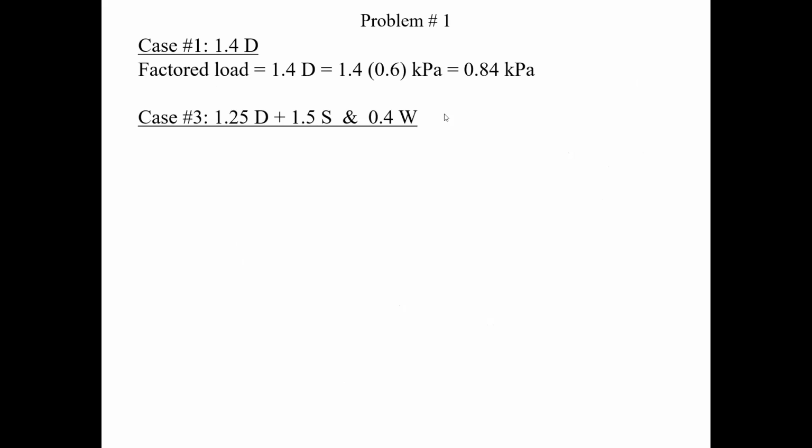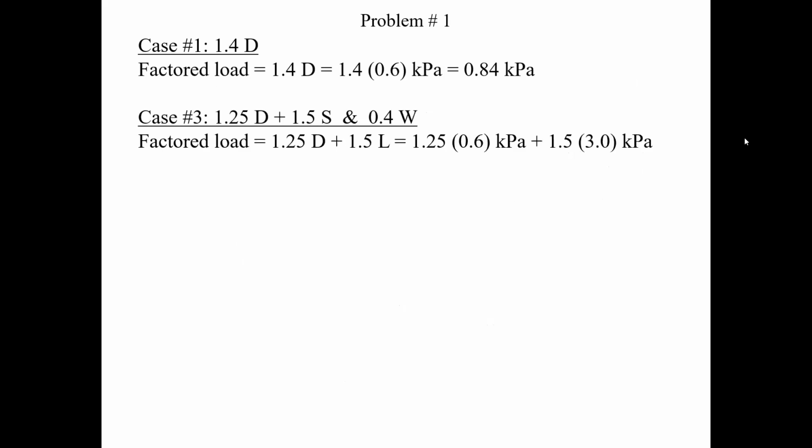So now here, what I'm going to do is have a case 1. I'm going to factor load for case 1. And of course, I'm going to have case 3. In this case, case 3 is the one that governs, okay? It's much higher than just case 1. It might seem redundant, but I'm just repeating this so you remember that there's at least 5 case combinations for